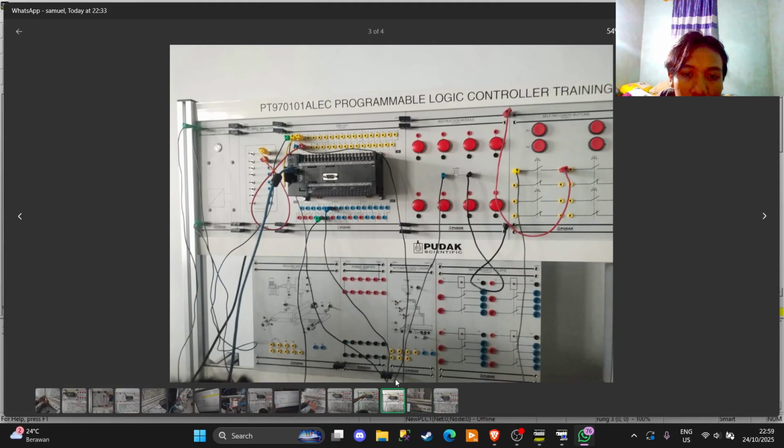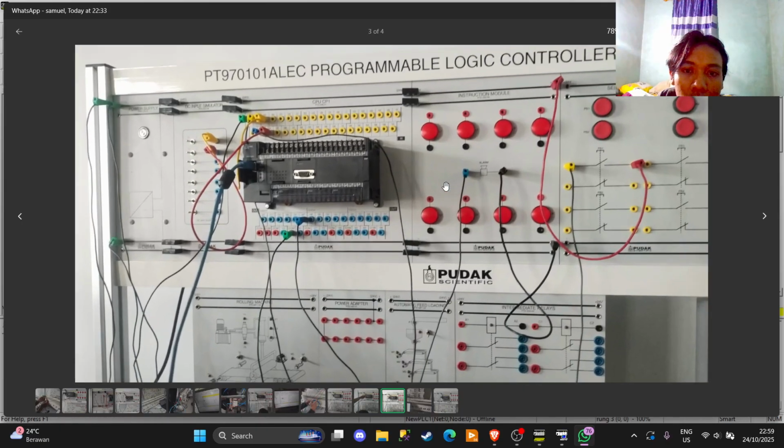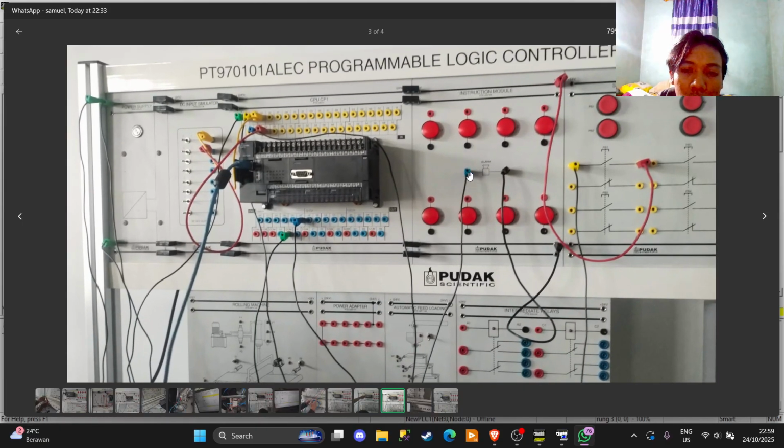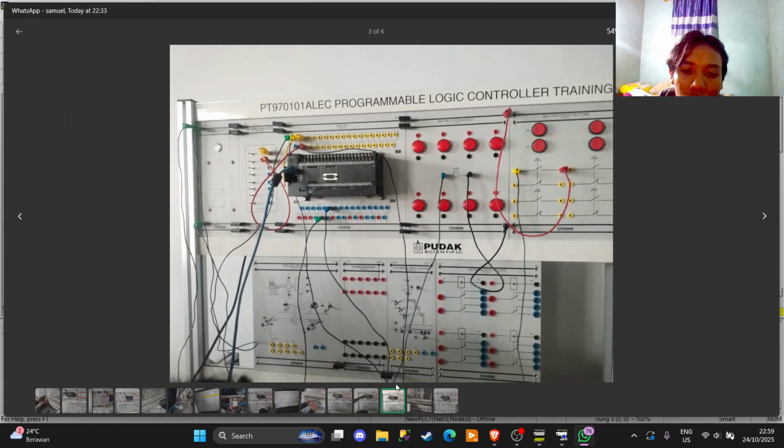After the proximity sensor, the output is going to the buzzer, and this is the ground. So the signal from the proximity sensor is going to be the input for the buzzer. And then this is the output.